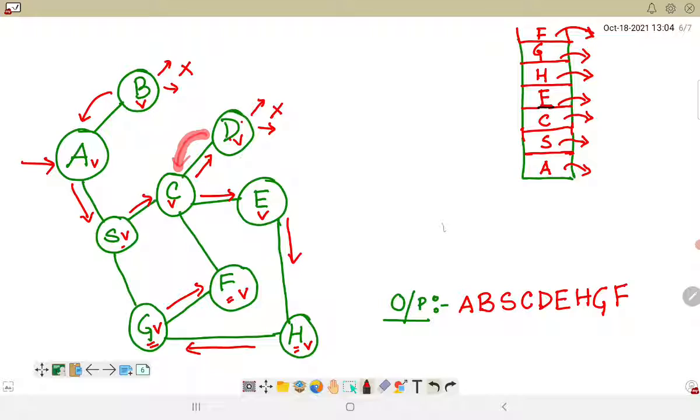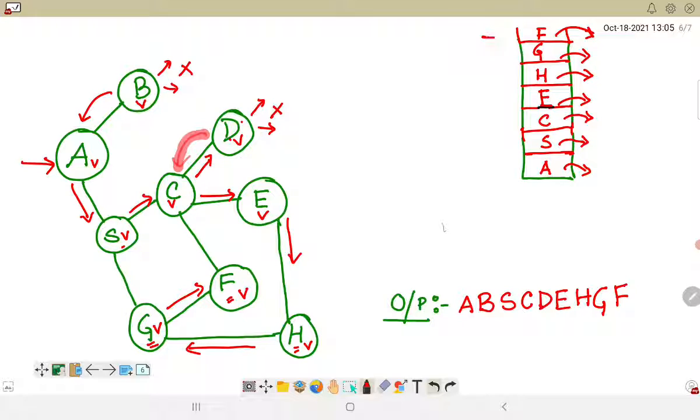You have to understand that after we are done visiting all the nodes, we can simply look at the stack.